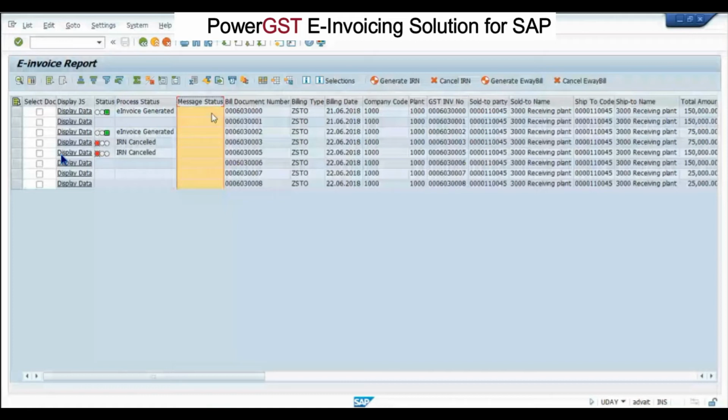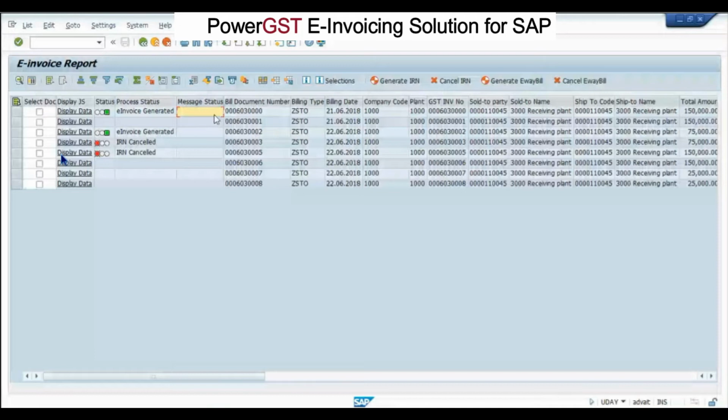At that time, it will throw back a reply saying that the PIN code is mandatory, which is not available. That message will be shown in this message status box, so that you can see what the error is, go and correct the customer master, ask the customer what the PIN code is, update it in the customer master, and then resend this IRN, resend this data. After that data is corrected, your e-invoice will be successfully generated.